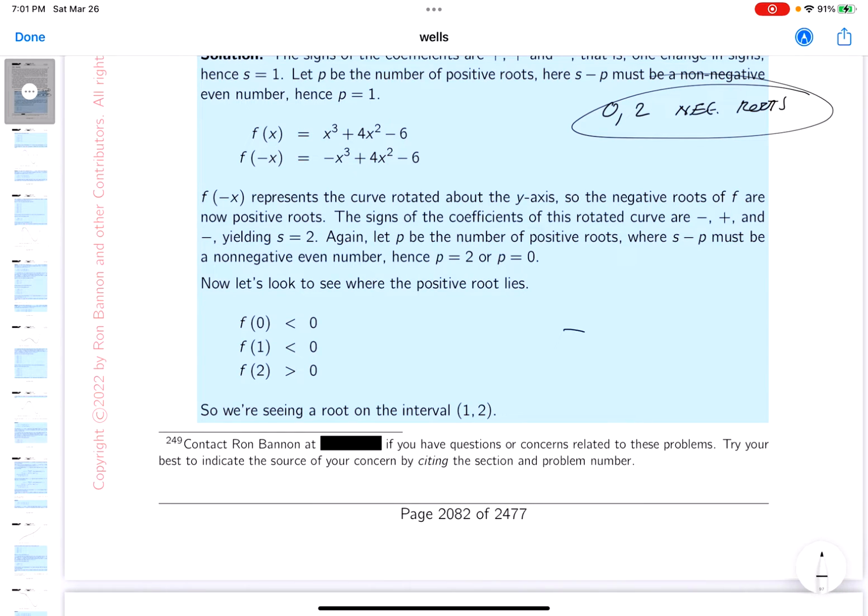And the way to do that is just kind of look at a number line. Start with 0. Start with 1. Go to 2. And what do I know at 0? I know it's negative there. Now, what do I know at 1? It's fairly easy to do, by the way. It's going to be negative. Now, I'm not saying how big of a negative number. I just know it's negative. So all I'm worried about is the sign. Now, if I go to 2,